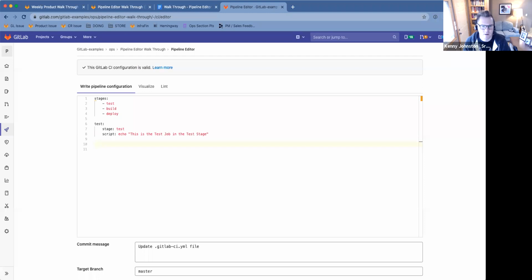Okay, and then I'm going to have the build job that lives in the build stage. And again, I'm going to say, this is the build job in the build stage. And then I said I was going to have deploy prod. Let's make 2 deploy jobs in the deploy stage. Let's see if I change this. CI configure is invalid. Jobs deploy job config should implement a script or trigger. Okay, so script: echo deploy